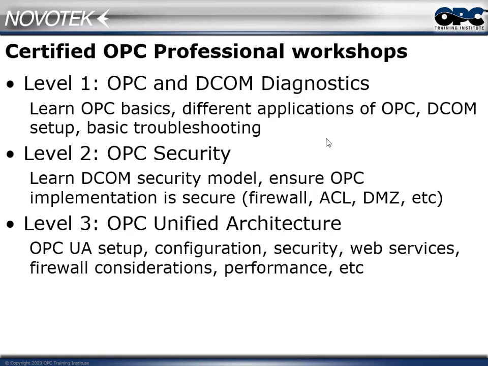that's done, how you get communication working, what kind of different security permissions there are, and again, what to do with those certificates. We talk about the different object models that there are in OPC UA. Pretty much we cover everything that's in UA, and of course, since you've already taken the level 1 and 2,